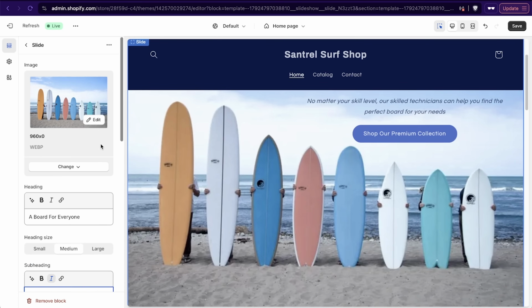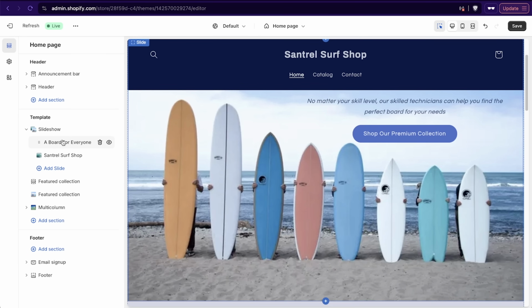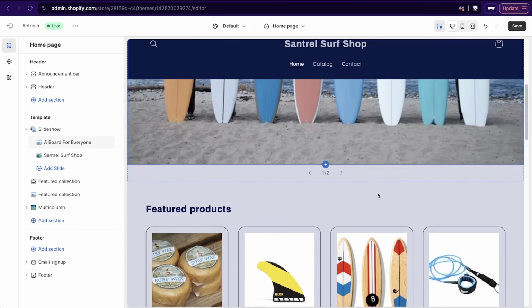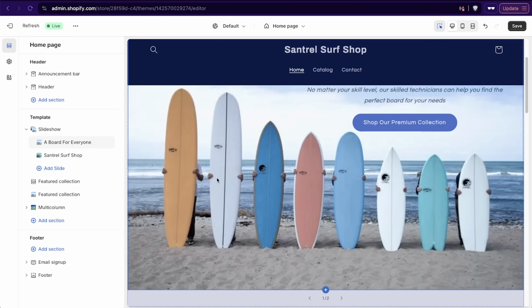Yeah, so maybe something like that would look good. Now, if we click on back, once again, you kind of get the idea by now of how Shopify works. You can click and drag with the 6 dots, one thing above the other. So that's going to make this slide first. I think that looks a little bit better than the second slide. Like I said, kind of a low resolution image, but just giving you a good idea of how